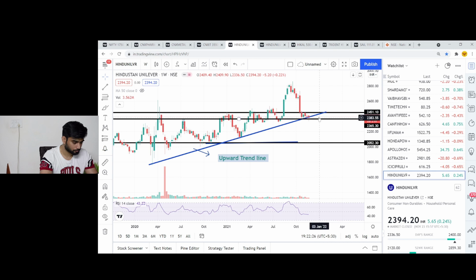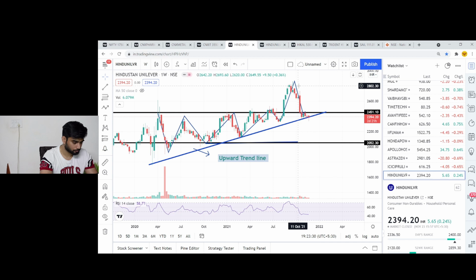It is very bullish. Around these levels it is a little riskier, but given the performance of Hindustan Unilever over the last couple of months, we can expect that it can rise from the present price levels. So you can watch this, and I think it is looking like a very good script. Even here, there is a triangle pattern on the weekly chart. This is also a sign that some big move can be seen in Hindustan Unilever. The triangle pattern has given a breakout, and then there is the pullback. Again, the same kind of target can be achieved, and it can test the high of around 2800.